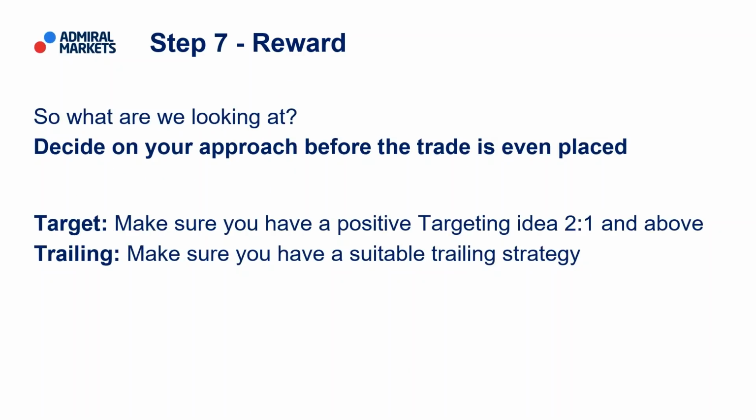I think the crucial thing is that you decide on your approach before the trade is even placed. What you don't want is to get into a trade where a trailing stop profit is your step 7 reward exit, but then as the trade goes on and starts moving, you think, well, I'm just going to reach for a 2-to-1 target now and get out when it hits that. Okay, when trades are open and markets are moving fast, it becomes very easy to make poor impulsive decisions. The important thing is to decide your approach before your trade is even placed,